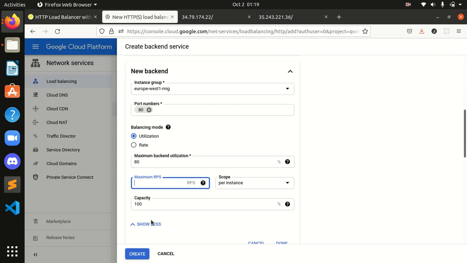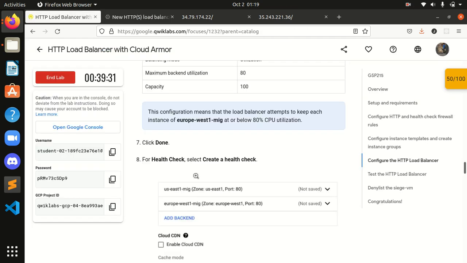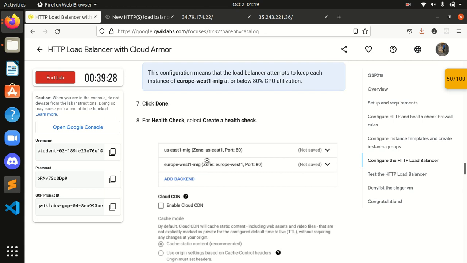Click done. I will click on done over here, and after that for health check select create health check.